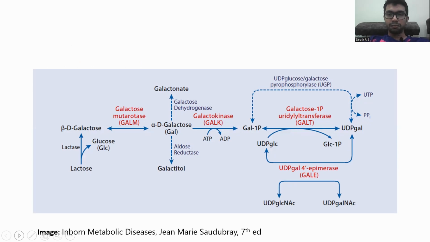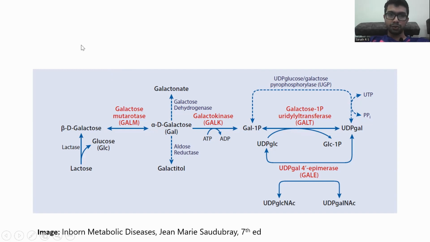There are two more possible conversions of alpha-D-galactose. One is to galactonate by galactose dehydrogenase, and the other one is to galactitol by aldose reductase. Usually, these two pathways are less active, provided galactokinase is present in sufficient amount. Once galactose 1-phosphate is formed,